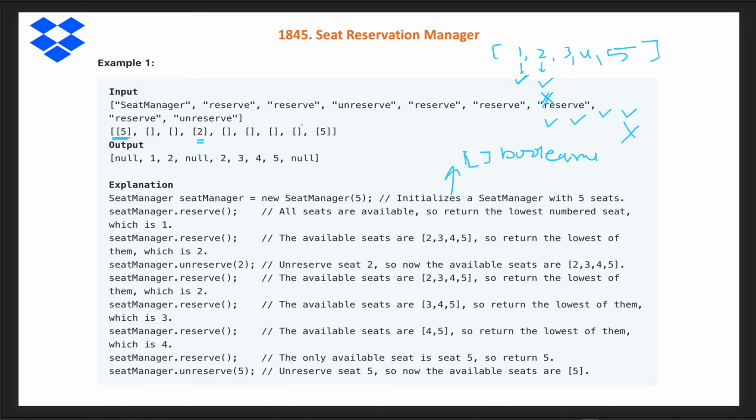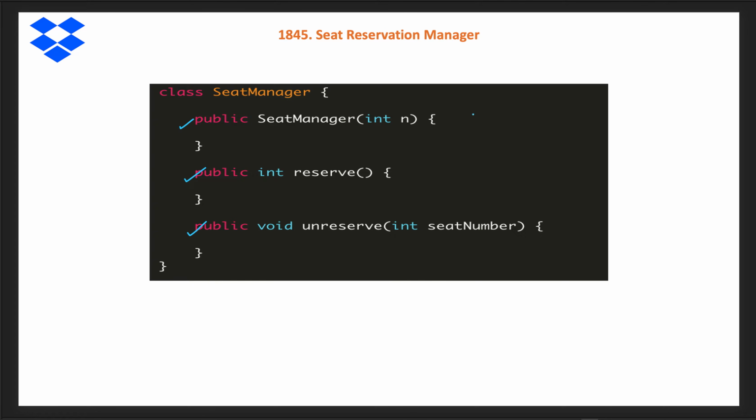When we find the first seat which is available, since we are scanning from seat number 1 and going up to n, we just return it, because we are searching for available seats starting from the minimum number itself. So this is one idea. Now the time complexity of the reserve method in that case will be O of n, and unreserve is O of 1, as we directly go to that seat number and mark it as false, and the constructor is just O of 1, we just need to initialize. So this is one solution.